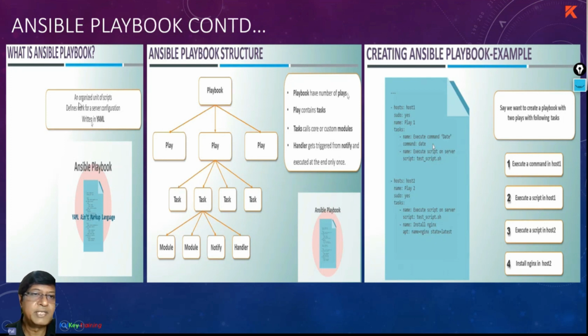So the playbook is an organized unit of scripts that defines work for a server or organization, written in YAML. So basically, it's a configuration file, just as you write the Terraform files, TF files. Similarly, for Ansible, you write playbooks. So what is a playbook? A playbook has a number of plays. This is a text file written in YAML, and you can keep on writing your tasks. But then your playbook can go large and large and large. At one point of time, you may find it unmanageable